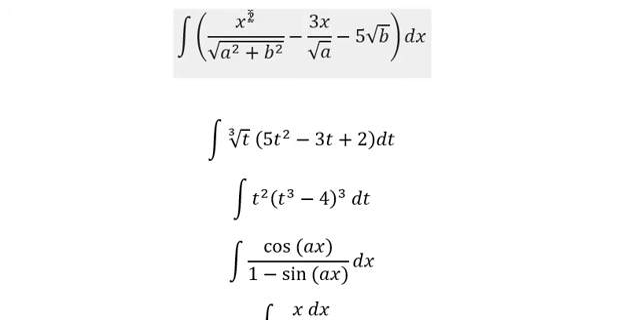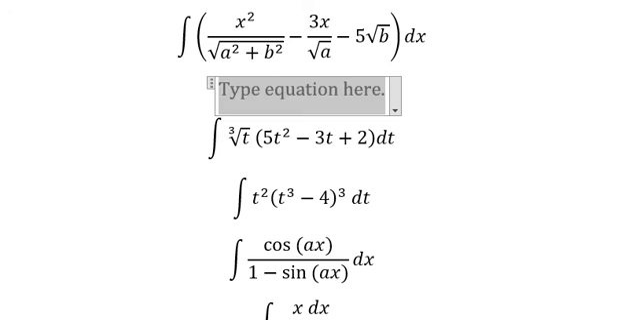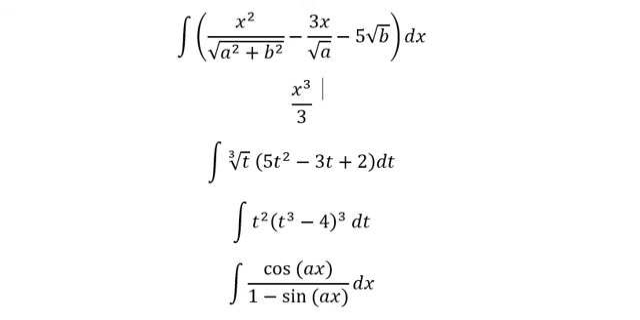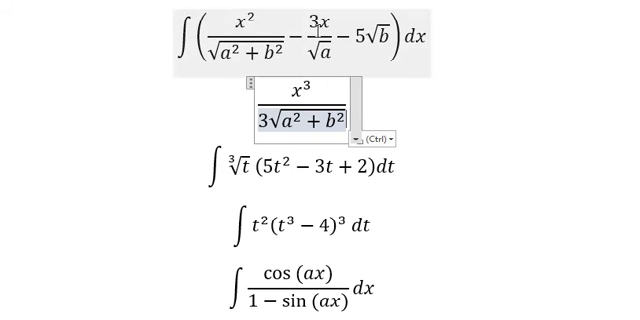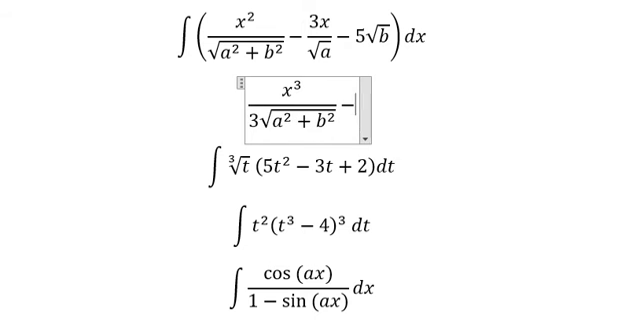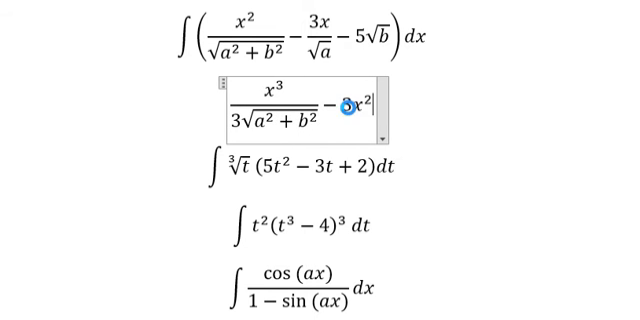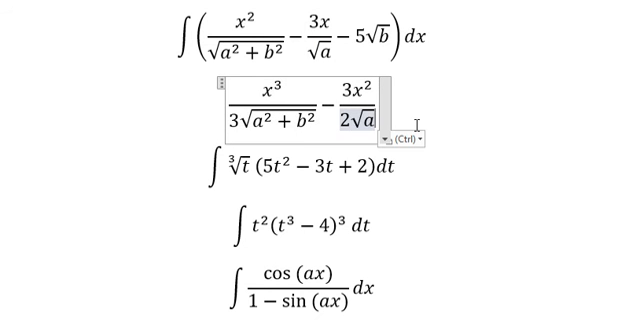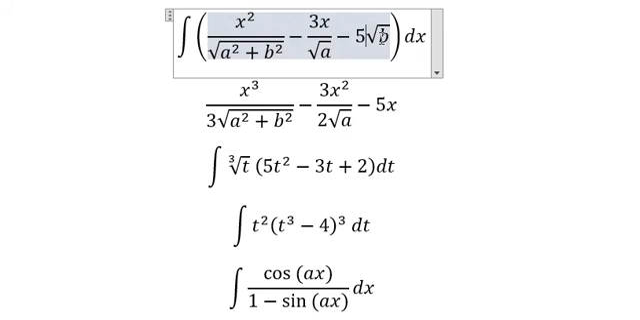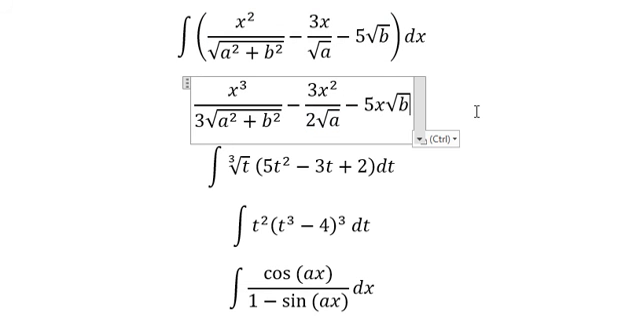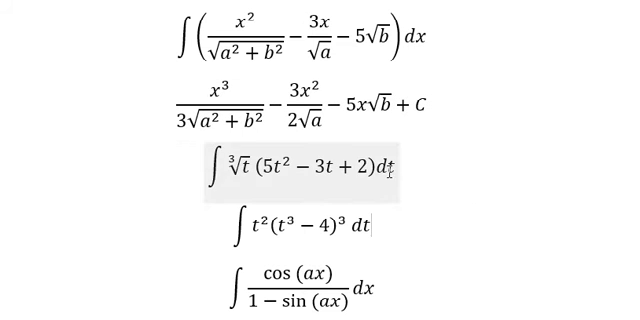The integration of s square, you will get s to the power of 3 over 3, and we multiply with this one in here. This one you get negative 3s square over 2, and we have the square root of a we put in here. This one we don't have s, so that means we have negative 5s multiplied by the square root of b, and we put c in here. Next,